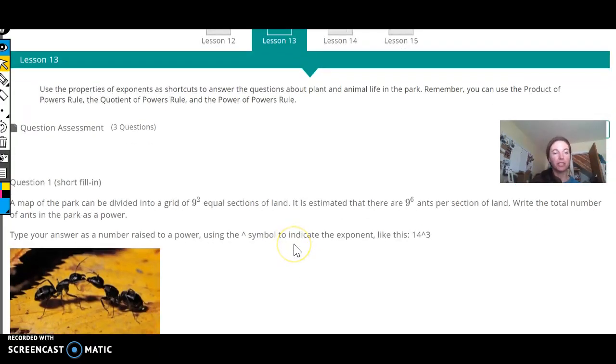Okay, so the first question says, a map of the park can be divided into a grid of 9 squared, or 81, equal sections of land. It is estimated that there are 9 to the 6th ants per section of land. That's crazy. Write the total number of ants in the park as a power. Okay, so when we're thinking about this,